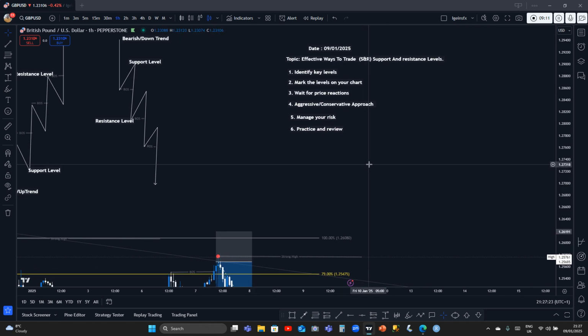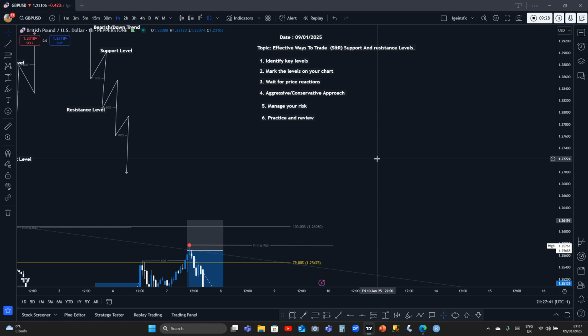So you must identify the key levels by using your historical data to look for where price previously reversed or struggled to break through a certain level. All right. And one thing you should also know is that you must use multiple time frames to identify support and resistance. Now, the two time frames that I recommend for you are your daily chart and your weekly chart